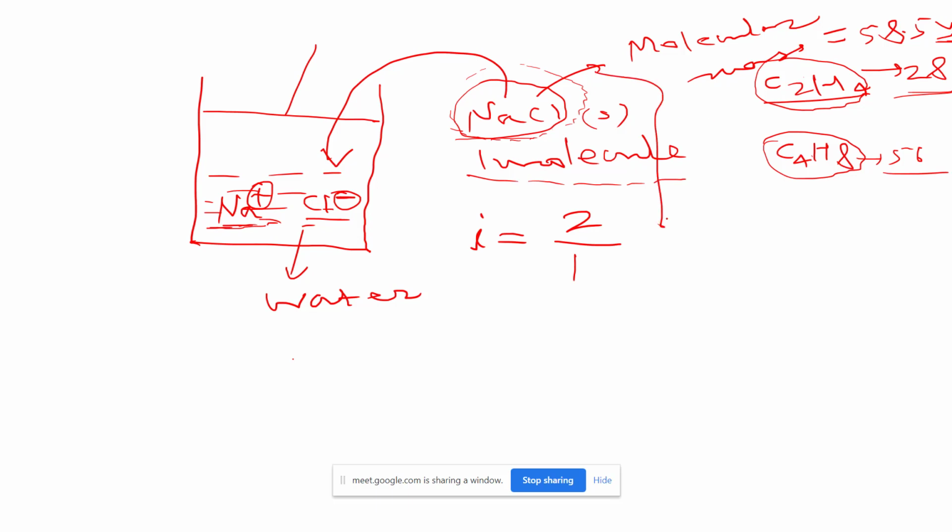And again, if we write the molar mass of NaCl, that will also be 58.5 exactly, and the formula is the same. This NaCl molar mass will be numerically equal to 58.5, but the unit will be different: here, gram per mole. For molecular mass the unit will be AMU or u, but here the unit will be gram. This is the difference between molar mass and molecular mass. Got it.